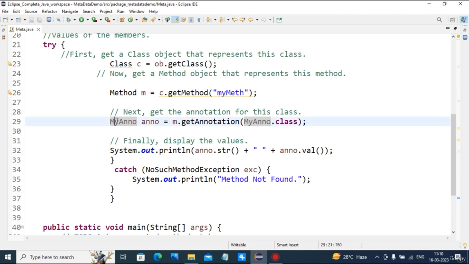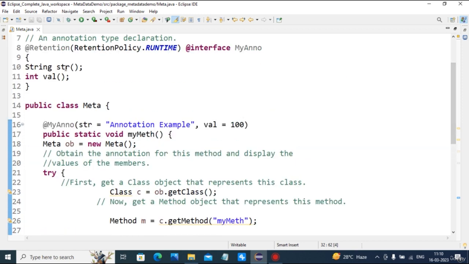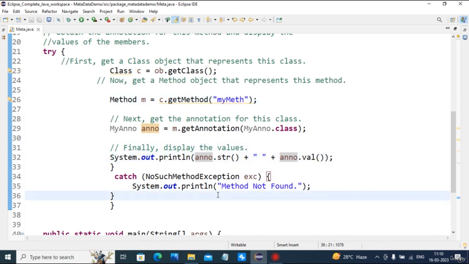Now it will be saved in my annotation. And to acquire the values in the parameters stored, how to display them? Annotation.string, annotation.value. Why are these parameters passed? Because the names are str and val respectively. So how will you display it? Annotation.string, annotation.value. And if no such method, my method is there, it will throw the